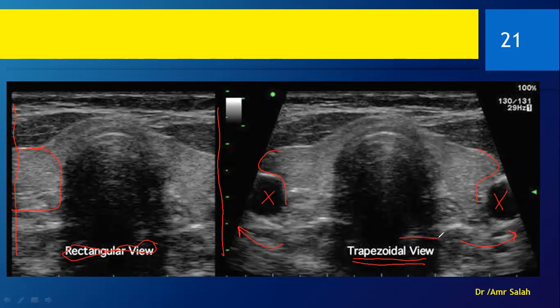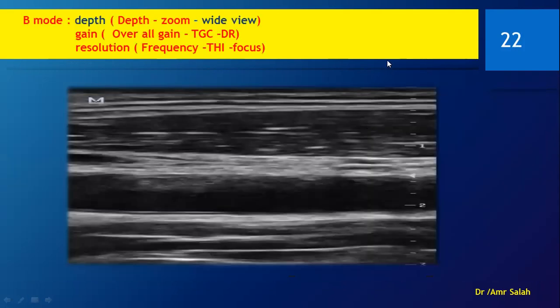It can also be named a trapezoid view, as the resulting shape is like a trapezoid, or it can also be called virtual convex. And this is a nice name, because what we have done here is basically transform our superficial linear probe into a little bit like a convex probe, but of course the probe hasn't changed, so it is a virtual convex. Okay, so let's see another example.